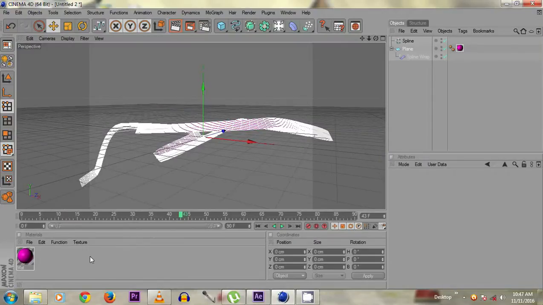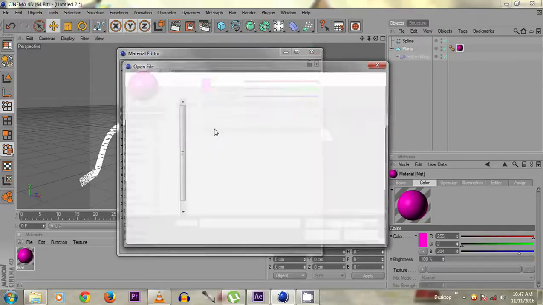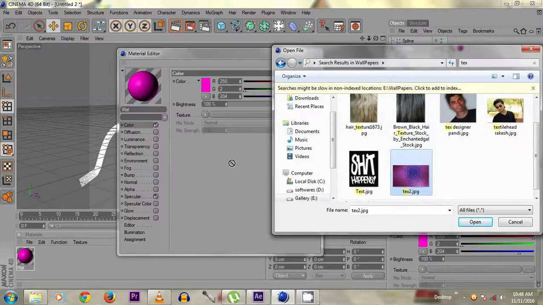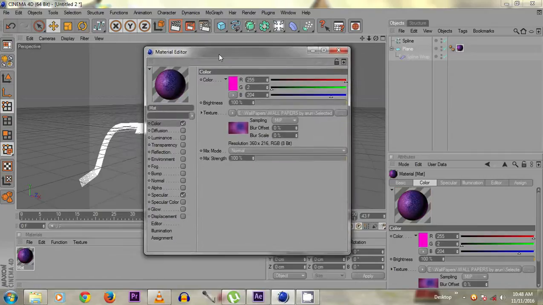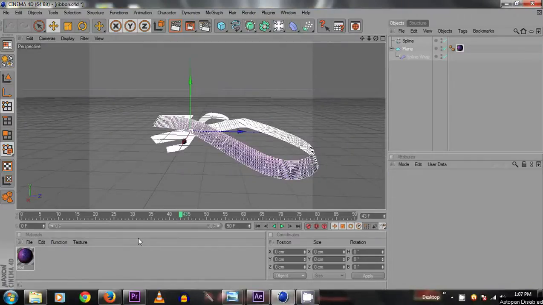If we want different textures, double click the material and in the texture panel click the panel. It is a sample texture. I like it. So now it is a tricky part.